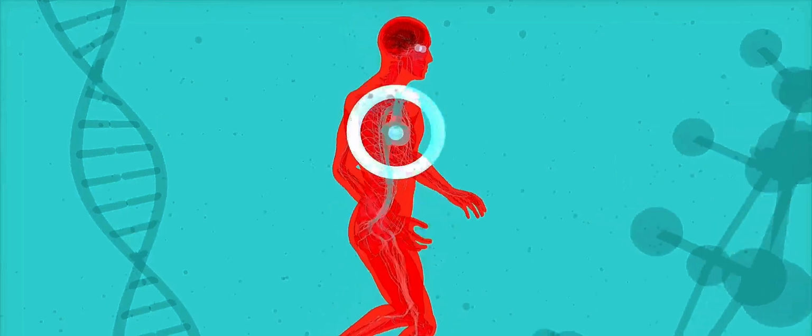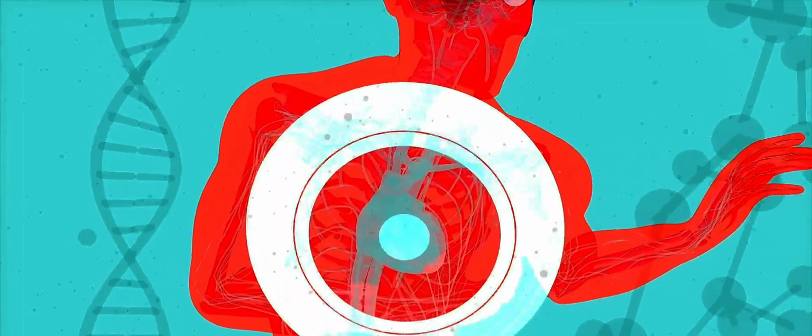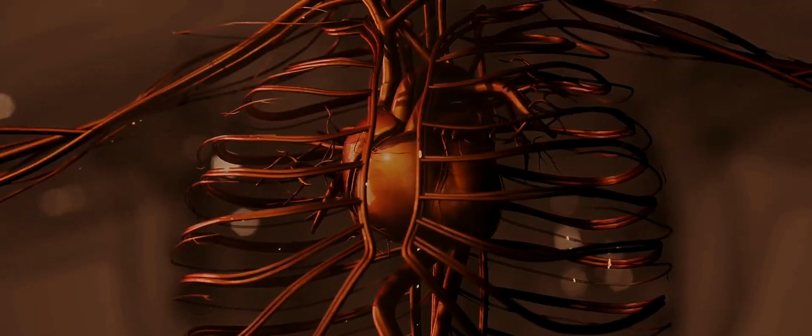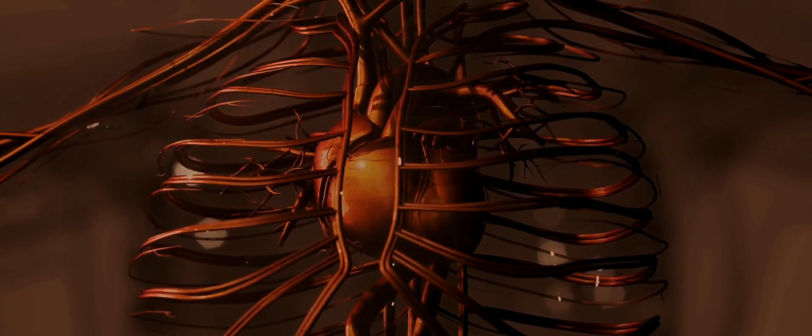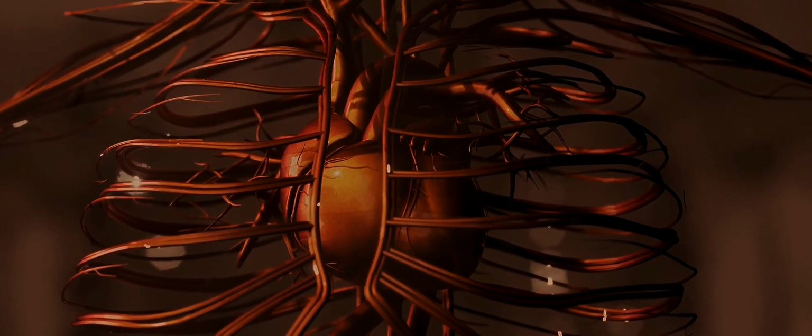It occurs when blood flow to a part of the heart muscle is blocked, usually by a buildup of substances such as fatty deposits and cholesterol. This accumulation forms a plaque in the coronary arteries, essentially creating a roadblock in the path of healthy blood flow.